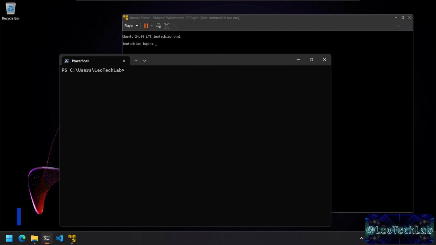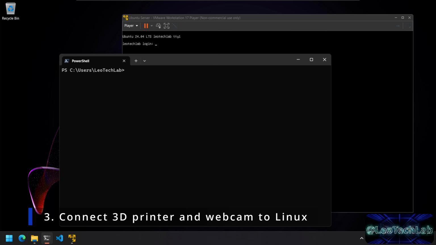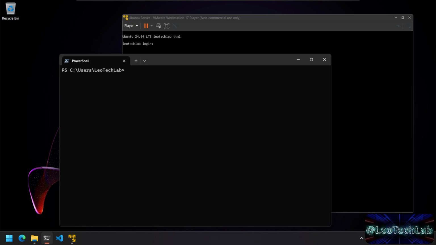Let's start by connecting our webcam and 3D printer to our virtual machine permanently. You can see how to do this in detail in the USB pass-through section of my video on installing a Linux virtual machine on Windows. The link will be in the description. So I'm going to assume that you already know how to do it, so I'm going to just glance over